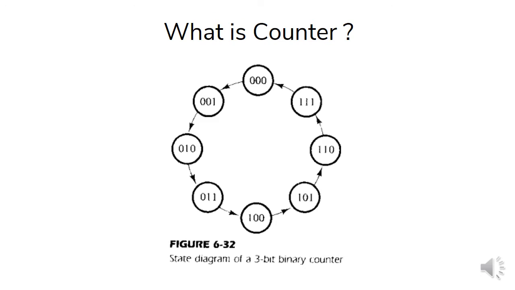In a counter, the sequence of states may follow a binary count or any other sequence of states. Counters are found in almost all equipment containing digital logic. They are used for counting the number of occurrences of an event and are often useful for generating timing sequences to control operations in a digital system. Of the various sequences of counters, we are focusing on binary counters. In this PPT, we are trying to make a 3-bit binary counter with the help of JK flip-flops, or more precisely, T flip-flops.